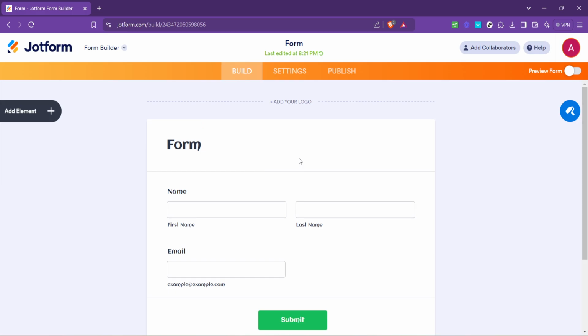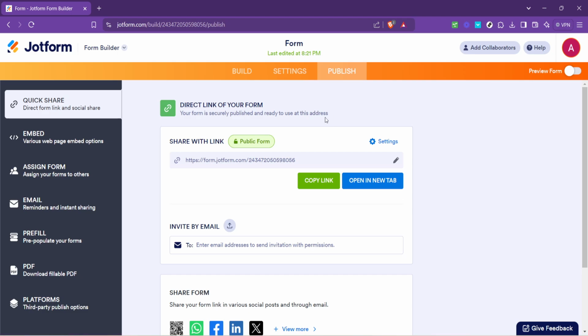On to the next step, publishing your form. Look for the Publish button at the top of the page. This button is your next click. Publishing your form is an action of commitment. It's saying, I'm ready for the world to see. However, the beauty of Jotform is that testing your form doesn't quite require that level of commitment yet. You'll see why very soon.